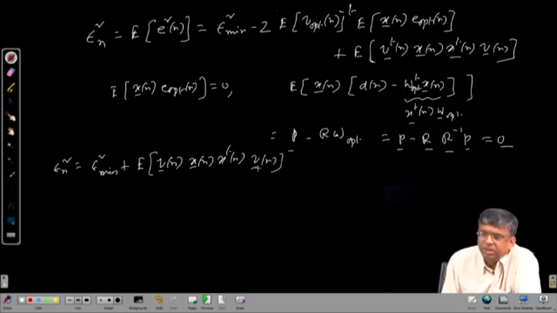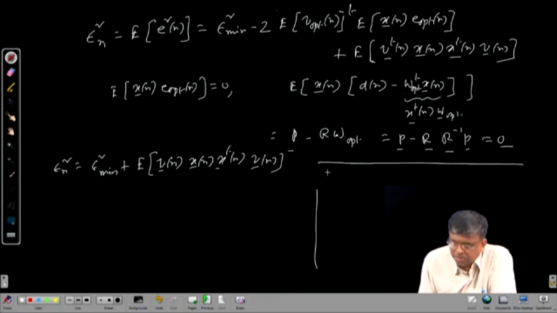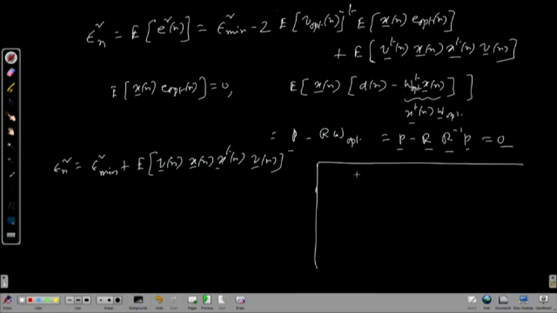But remember one thing, by your independence assumption, W n and therefore V n is statistically independent of x n, right. Now, you can see one thing with a side story as an example. Suppose I give you two vectors, A, B is one vector, maybe alpha, and I give another vector beta as x, y.